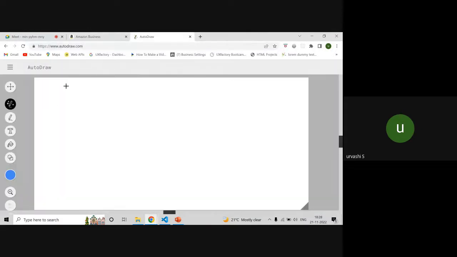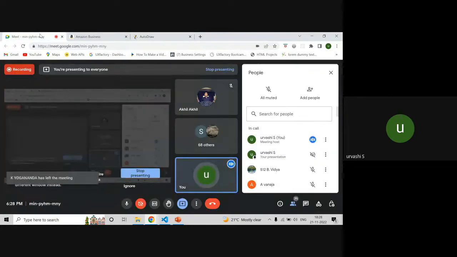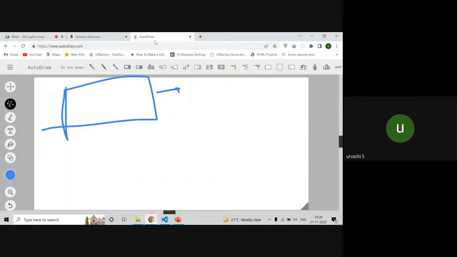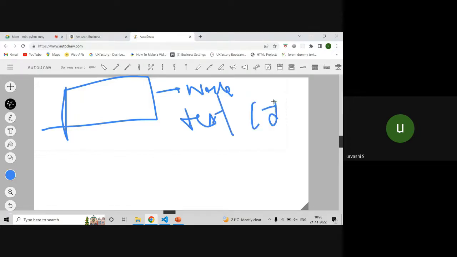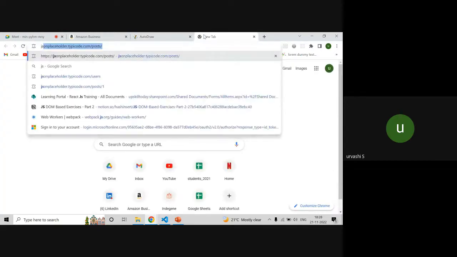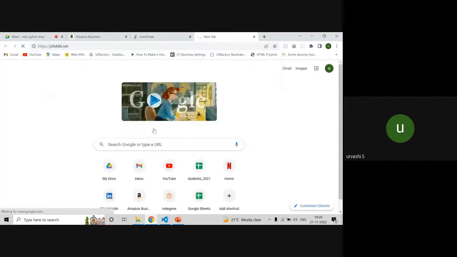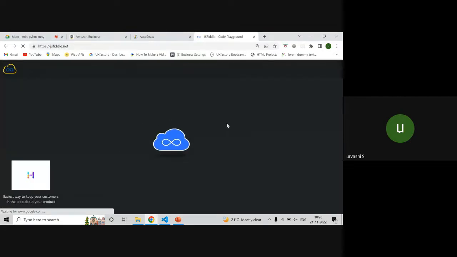So, team, for every technology that you write, you need some software. Just like for this meeting, we are using Google Meet. Similarly, if you want to write code, you need a text editor. We call it a text editor. There are so many text editors that we have. We have Sublime, we have Atom, we have Brackets. You have an online editor as well, that is JS Fiddle. This is your online editor, where you can write code online if you want to try something.